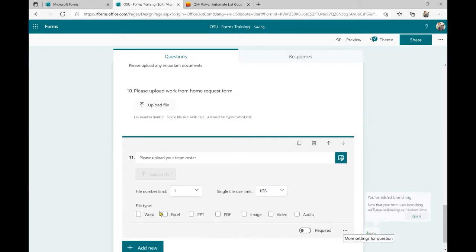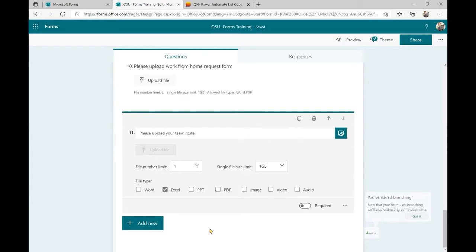And this time we might be looking for an Excel document here. Okay. So we've pretty much gotten through all of the question types that we have available to us. Now, when you do a quiz, you do have, I think, 1 or 2 additional options, and that's just mathematical questions. But everything else is pretty much exactly the same.